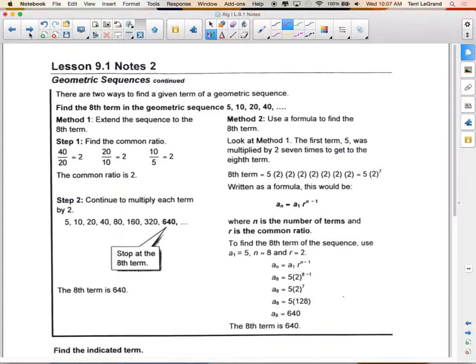Okay, then let's go to our last page where now we're going to find the nth term. So if I say to you, in that last sequence we just did, I want you to find me the 200th term. Are you going to want to have to keep multiplying by 2? Right now we have 7 terms. You want to keep going? 7 times 2